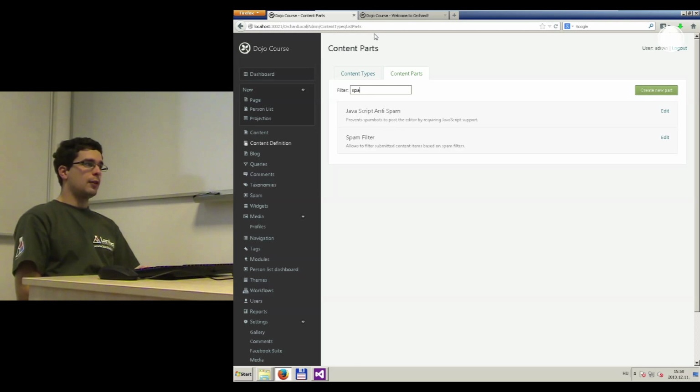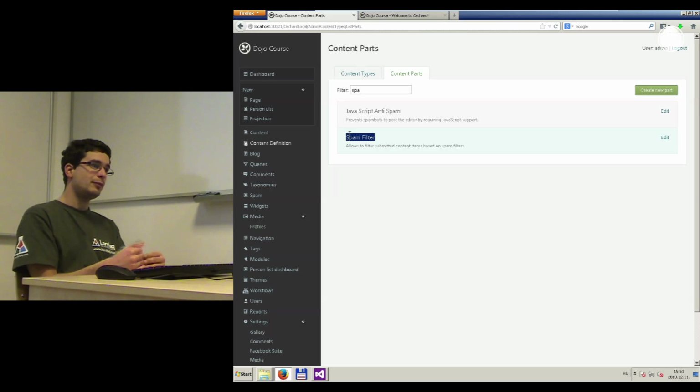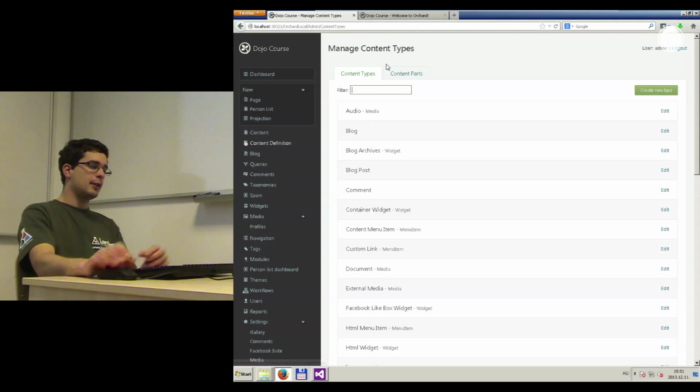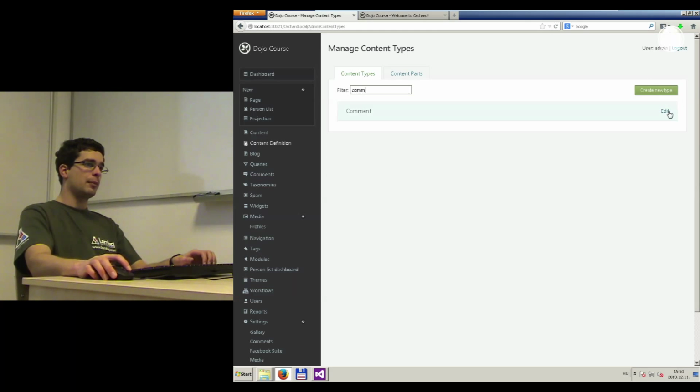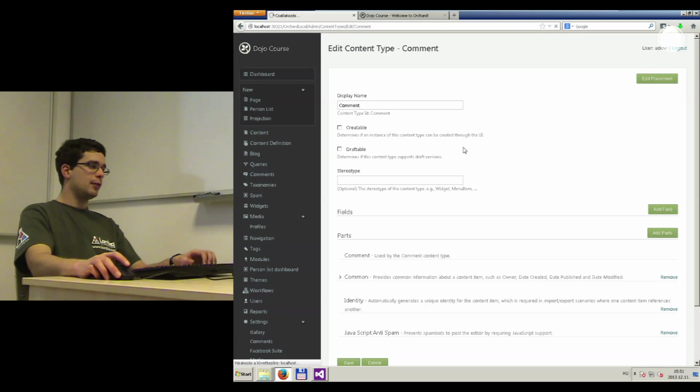When you enable the Keysmith spam filter feature, you will get a spam filter content part. Basically, the spam filter content part will make the processing available, so the content that's submitted by the user will be run through a spam filter service. It's slightly more complicated. So to use this spam filter with comments, we have to add this content part to the comment content type again. Well, this is still easy,